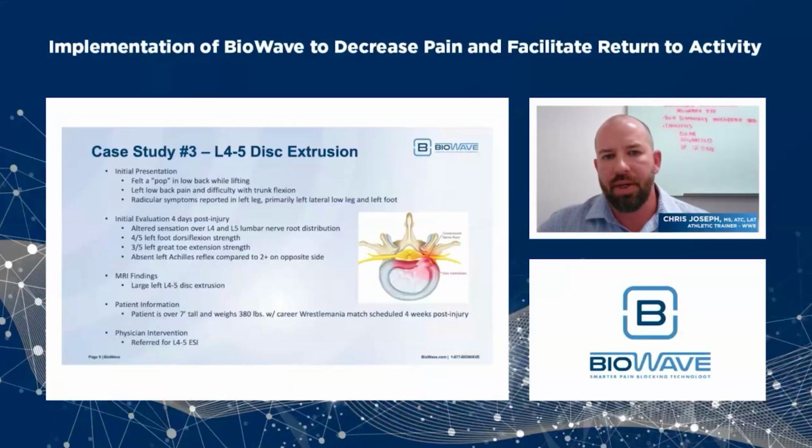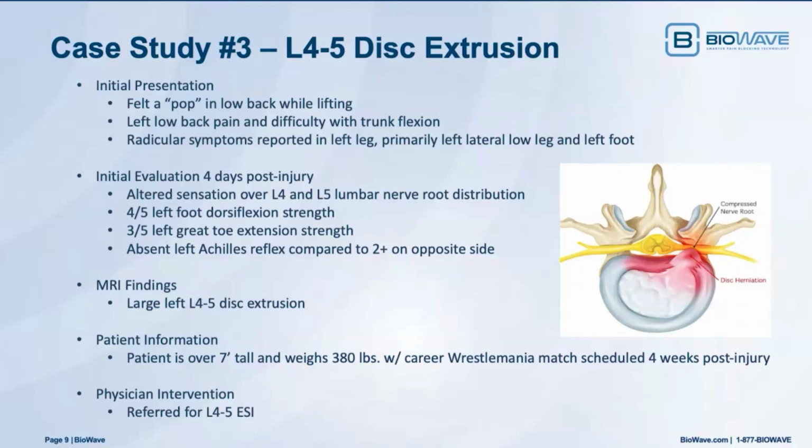BioWave, again, was implemented 4 days post-injury to control his low back pain. Because he is such a large individual, we had to really concentrate on some hip mobility, some thoracic mobility, and core stability. We used the BioWave multiple times a day for the entire first week to try to control that lumbar pain. And then daily in week 2, as we started to progress his activity,